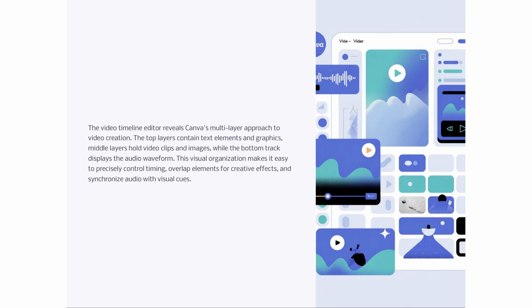Canva's video timeline editor uses a multi-layer approach. Text and graphics occupy the top layers, video clips and images are in the middle, and audio waveforms are at the bottom. This structure allows precise control over timing, creative overlaps, and synchronization of audio with visuals, enhancing the overall